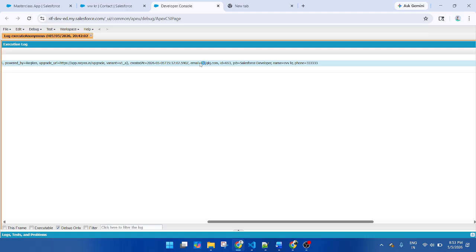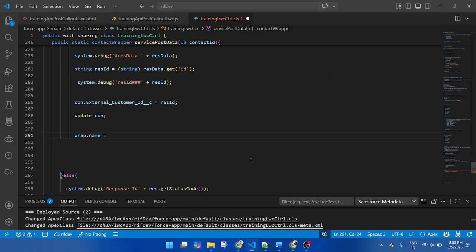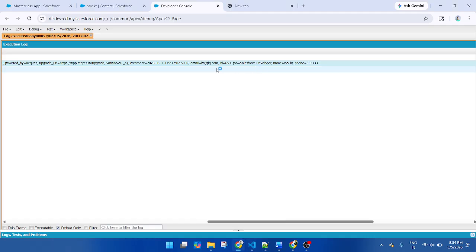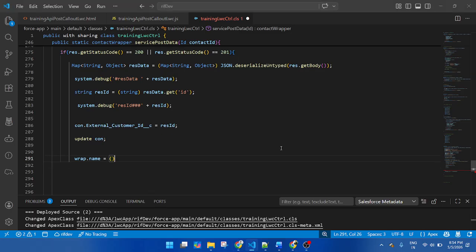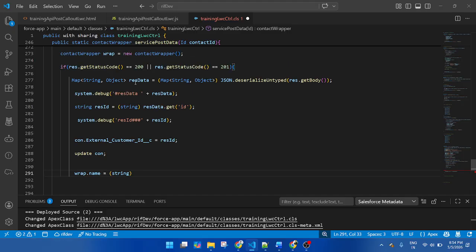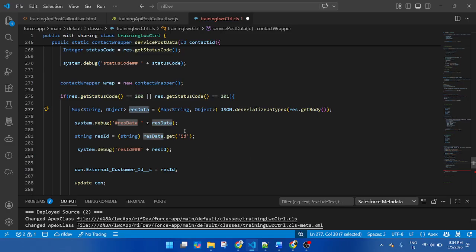So this data is actually returning in JSON format, but I will use it as key and value. So this is a key, this is a value. This is the data I want to display in the LWC component. So how to get this data? Let's suppose I want to get the email. The process is the same. First use string, and data is displayed from this. Actually the data I am passing in this string map.